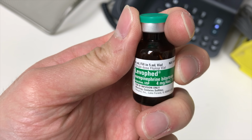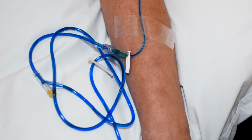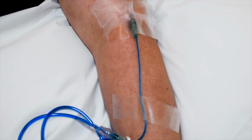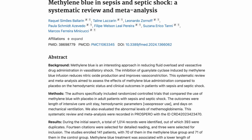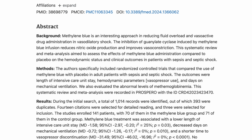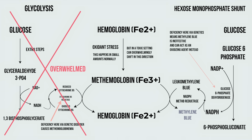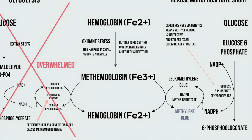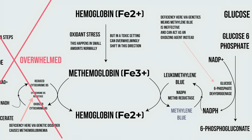But sometimes, when there's refractory shock, methylene blue is given as salvage therapy with seemingly decent results for improving hemodynamic status, decreasing the length of ICU stay, and reducing the days on mechanical ventilation while possibly reducing some use of catecholamines. Mechanistically, methylene blue looks like it acts in a similar way to how it functions for priapism. At least in this setting, there hasn't been methemoglobinemia observed because while methylene blue is a fix for it, it can also cause it due to its electron withdrawing ability, which brings us to the other known adverse events associated